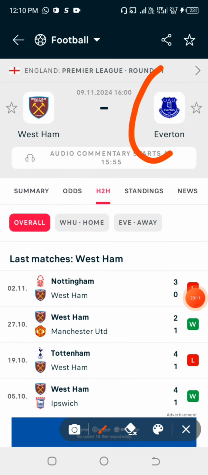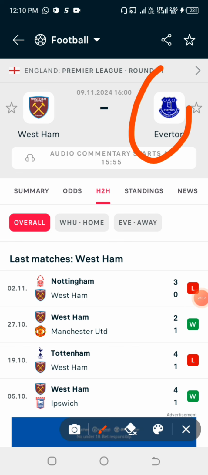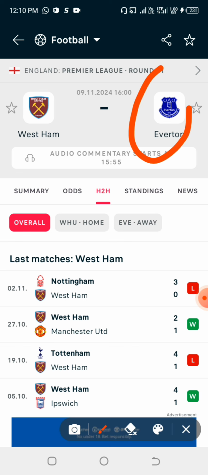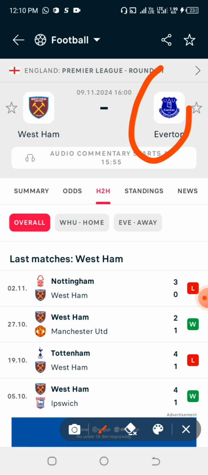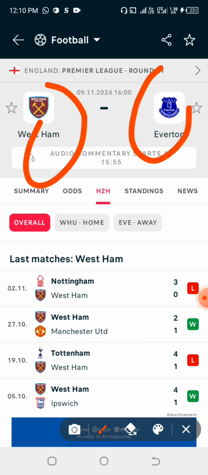is the away team, which happens to be Everton, because I noticed that Everton's style of playing games happens to be defensive, and it can reduce the total number of corners that they can get in this particular game. And teams that play defense like Everton are not playing their games for corners, and West Ham are not very strong when it comes to pressuring teams like that. So it will be a balanced game.